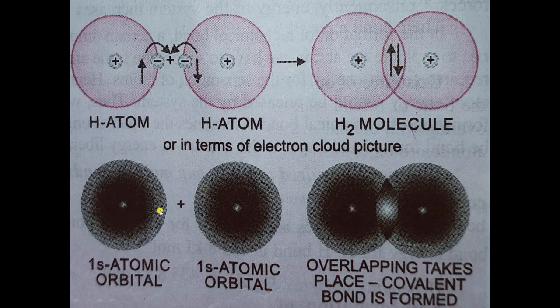So these are the orbitals. This is the 1s orbital. This is the second 1s orbital. So here there will be overlapping. That is why there is formation of a covalent bond between these two atoms. So there is partial overlapping of atomic orbitals. One electron is present here and one electron is present here with opposite spin. When these two electrons combine, then what will happen? There will be overlapping of their orbitals and there will be formation of a covalent bond.